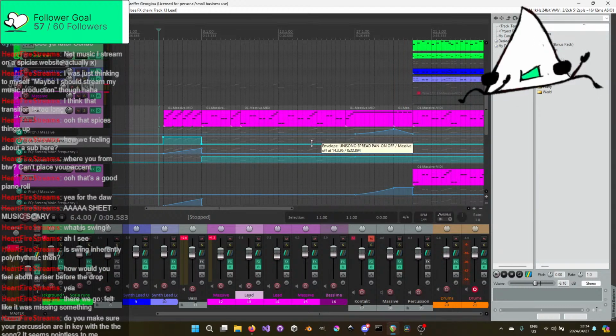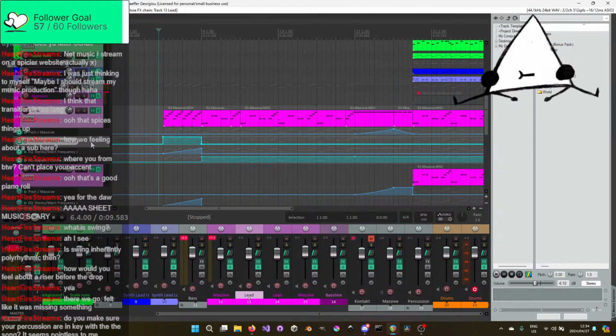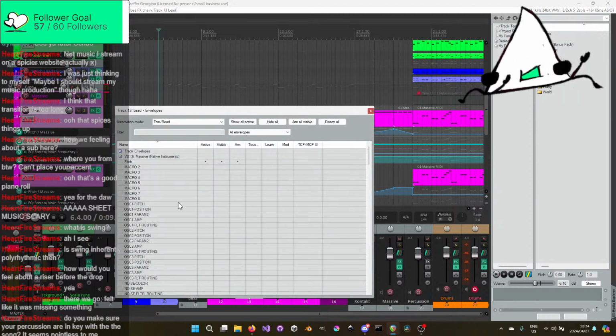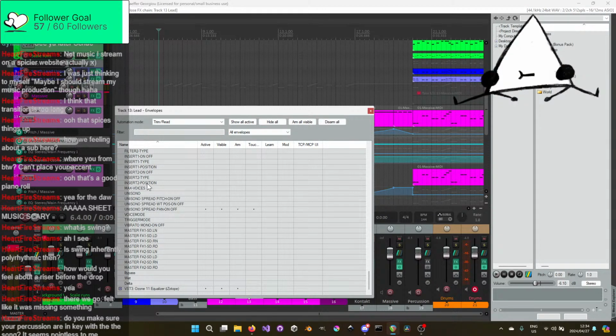Oh, I wish I could do the use spread pan on and off and just make it stereo. Can I? I wish I could do this thing. Checks if you can do this thing. Wait.